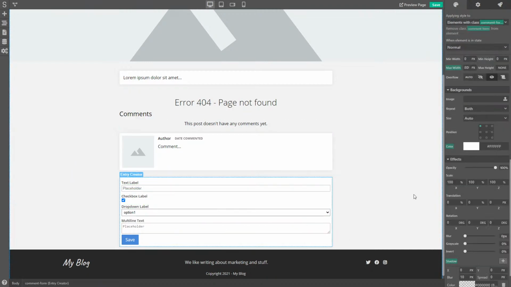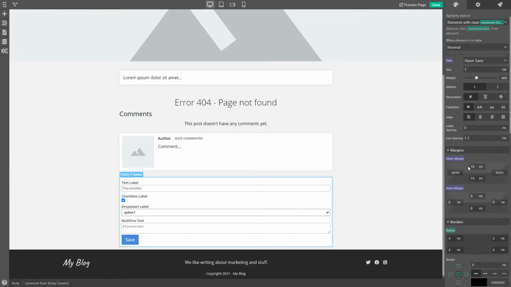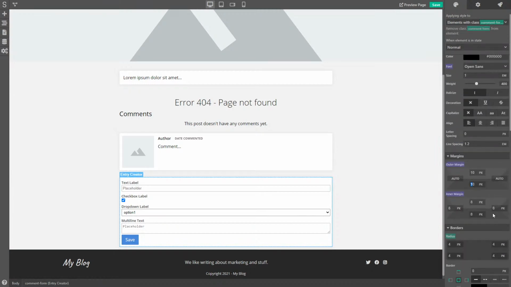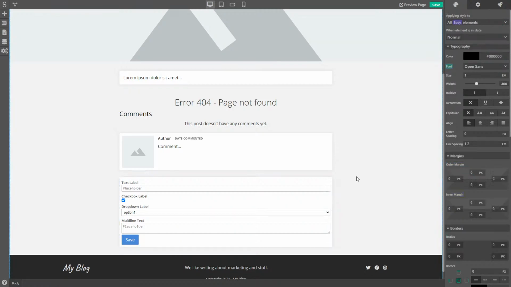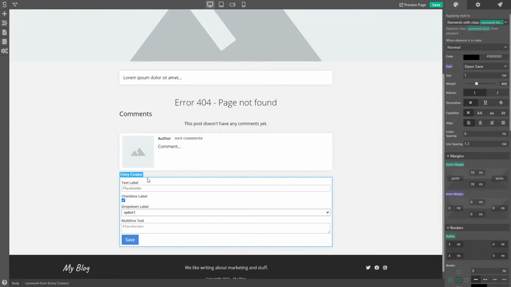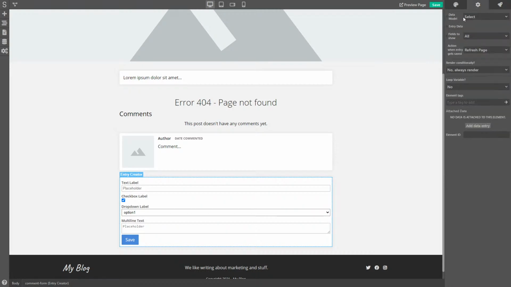Now let's add some external margin here, specifically at the bottom here. 30 pixels here sounds right, I think. Yeah. All right. Now we need to configure the entry creator, and this one is going to use the comments data